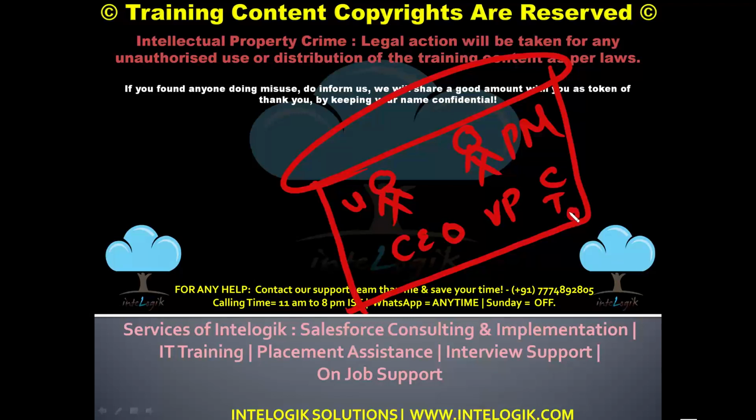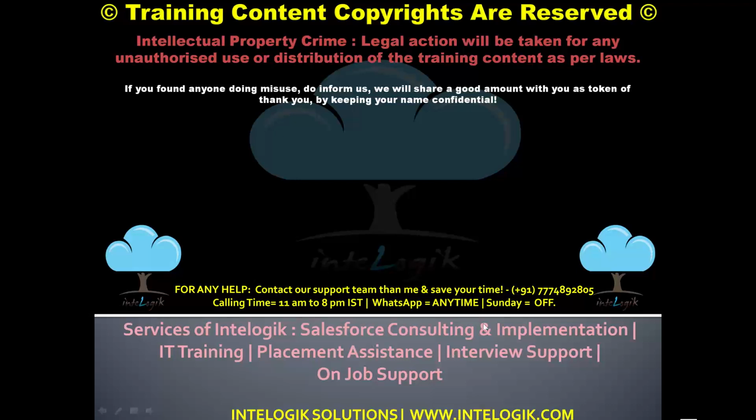So you will create the hierarchy of these people in Salesforce because you are doing all this work for them. It's not for you or your project manager. You guys are here to help Facebook use Salesforce. And please note, even though your record and my record will be present in this user database, the hierarchy related things you will be doing for customers. There is no point in doing this kind of hierarchy for you and me. We can do it, but that's not the main purpose for which we take money or salary in the market. We do all these things for the customers' hierarchy. Please make it very clear. There should be no confusion about this.